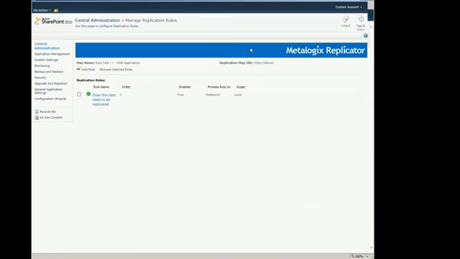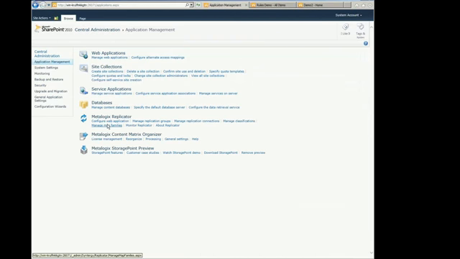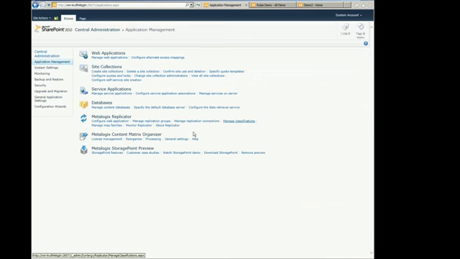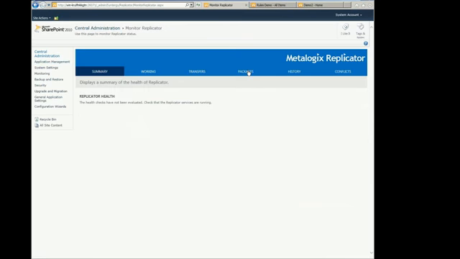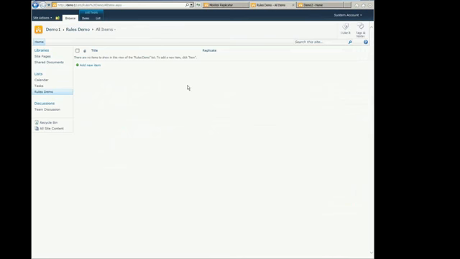So that event is now going to get replicated. We're just going to monitor replication packages, and you'll see that the rule is now being updated to the map family, and that's being replicated to the other side. That replication is now complete, so the rule is now in place. So now if I add an item onto here,